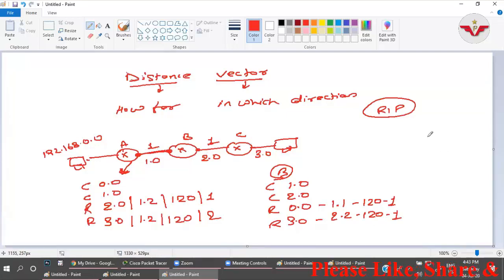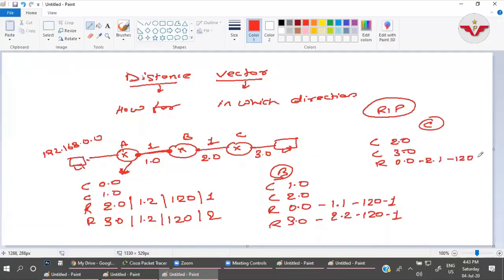Now the C router. What is the information with the C router? The connected networks are 2.0 and 3.0. Through RIP, it is getting the information about the 0.0 network. How can we reach the 0 network? Through 2.1, the next hop IP.